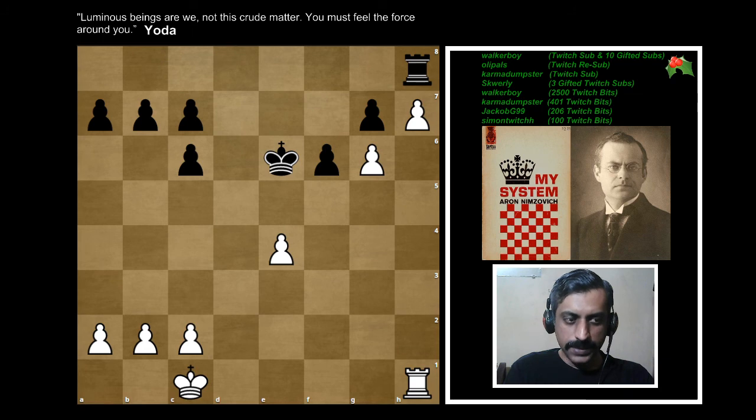The chapter ends with a short note regarding the concept of Zugzwang with the initials PH afterwards, which I am assuming stand for Philip Hereford, the translator of the British English edition of my system. He writes, "There are combinations in chess, for as such must be regarded any series of moves, however quiet, which stand in logical relationship to one another, which are based on the fact that to move in his turn is obligatory on a player. This obligation, in general a welcome one, may weigh heavily on him if his pieces are